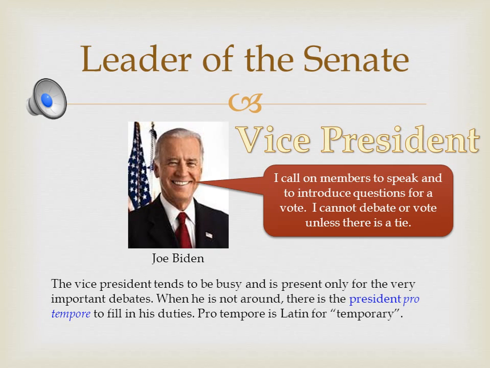Now, the majority party usually tends to be either Democrat or Republican. So, when they say the majority of the party, they mean the one that is represented most in the Senate. So, of the 100, say for instance there are 60 Democrats and only 40 Republicans, the majority party would be the Democrats. So then the President pro tempore would most likely be the veteran of the Democrats.